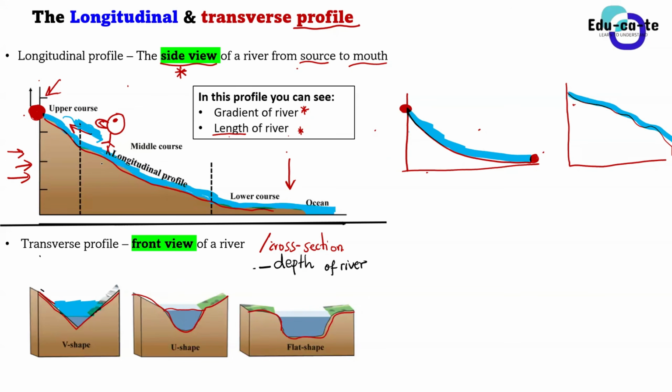But if you are inside the river, looking at the transverse profile, the front view of the river, you have an idea of how deep the river channel is. You also have an idea of the width of the river, how wide the river is, how open the river is. I mean, some of the rivers are not open, guys. It can only accommodate 3 people. But some rivers, 10 people can get inside it.